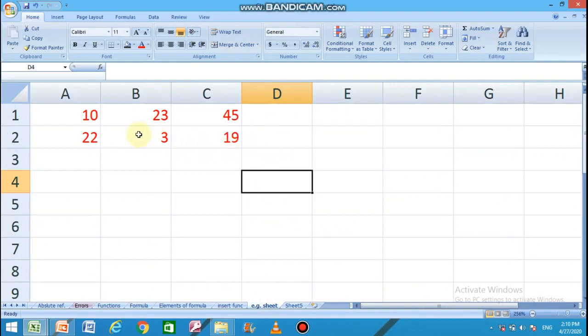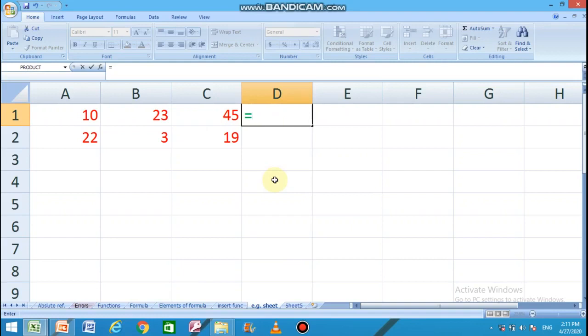So students, for example, I have typed some numbers here. Let us do some calculation on these numbers. Let us add 10 and 23 with 45. As I told you earlier, first of all type an equals to. It is important to type equals to first.